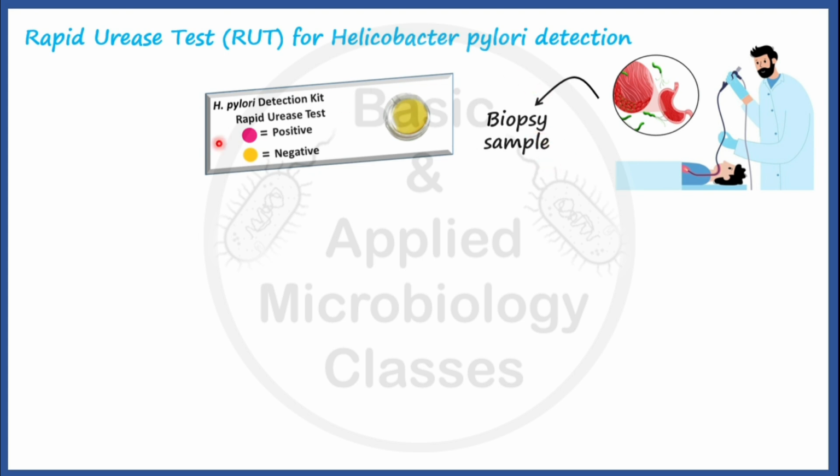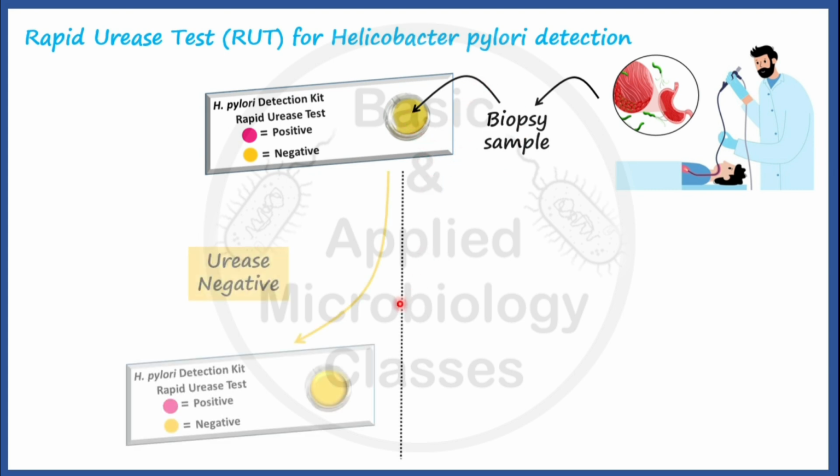Of course for that we use this kind of kit which is based on what? The urease test. Now we apply this biopsy sample where? On this test pad. This test pad has the medium which mainly consists of what? Urea and the phenol red indicator. The principle I already explained to you. If Helicobacter pylori is present in the biopsy sample, it can be there or it cannot be there, that we need to check through this kit. So once we apply the biopsy sample on this test pad, there are two possibilities. Either we can get results like this.